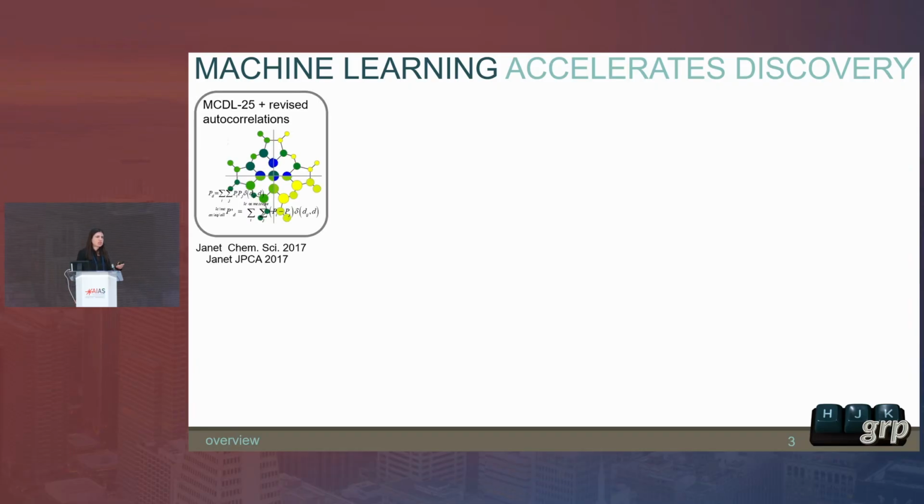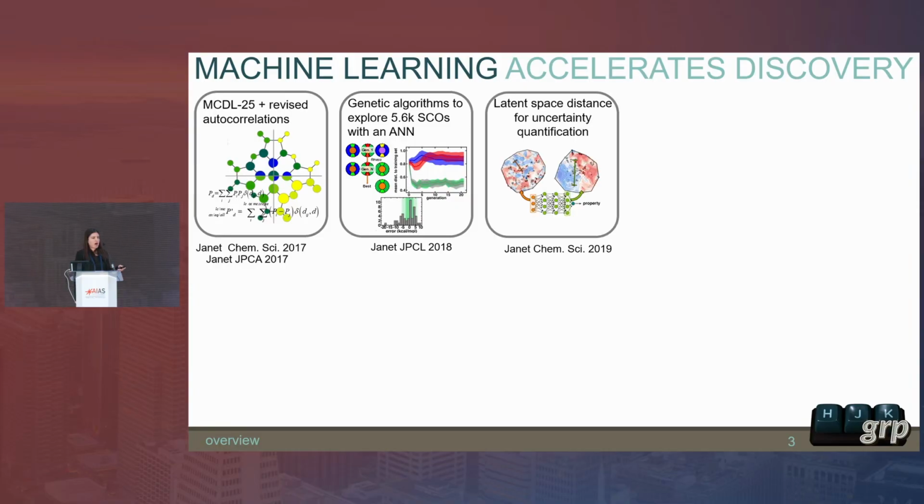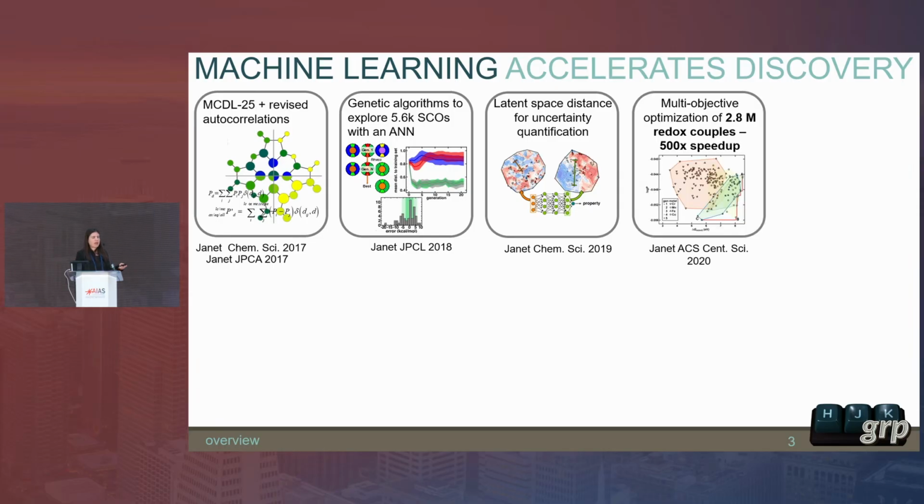So one of the first things we did was, back then, what was quite popular, which is feature engineering, in order to be able to develop neural nets that could predict quantum mechanical properties of transition metal complexes in a matter of seconds instead of hours or days that DFT would require. This led us down the path of using them with genetic algorithms to search large spaces. We also did some work in trying to understand how we could do uncertainty quantification. And then this ultimately led to subsequent scaling up.